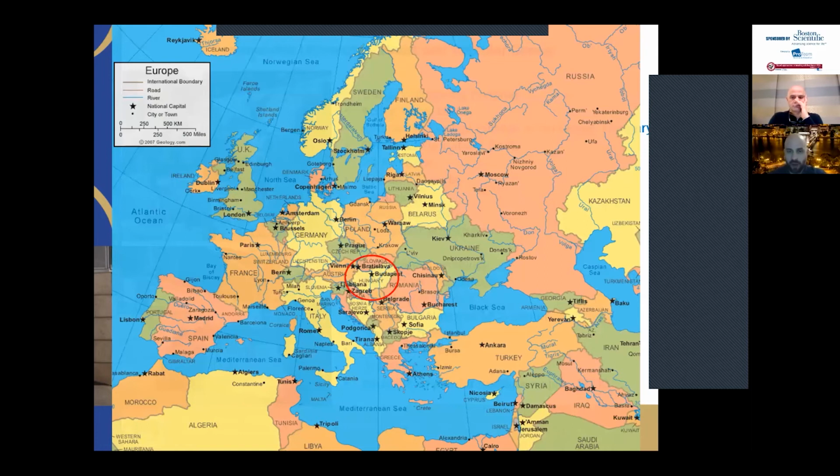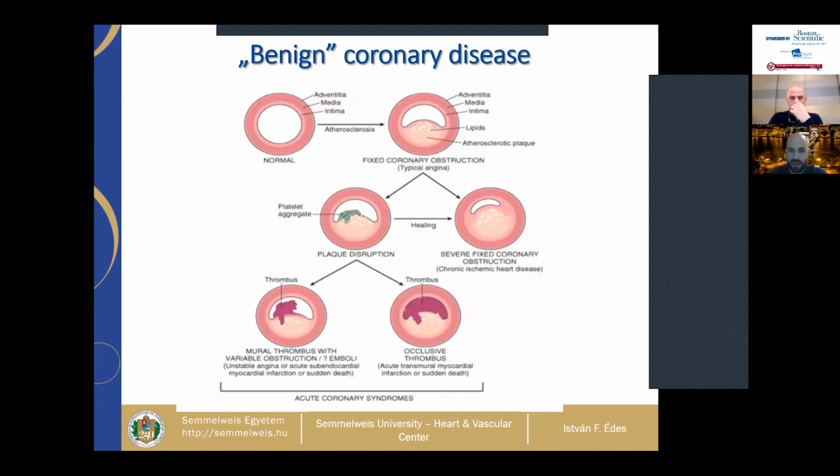You've heard the term benign coronary artery disease many times, I think. Usually they say that a fixed obstruction in the coronary artery may be severe or not so severe, with the prior name of stable coronary artery disease. Nowadays we call this chronic coronary syndrome. It is not really that big of an issue because it's more or less stable and it does not cause that